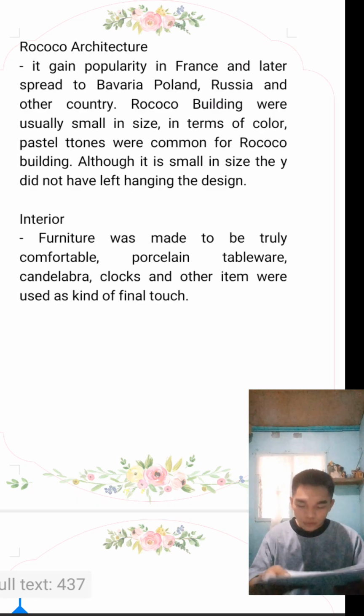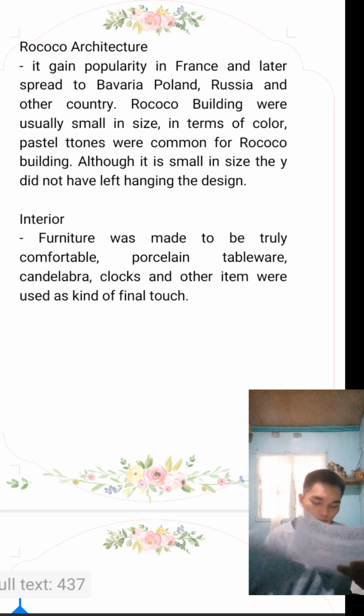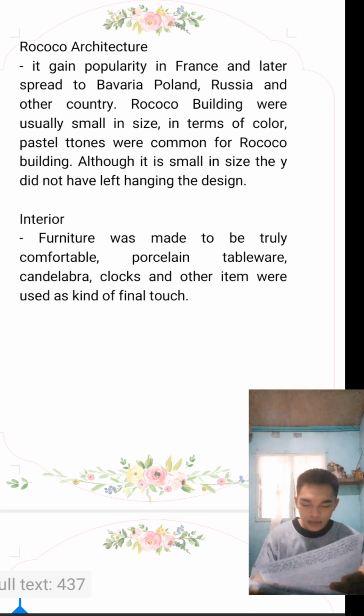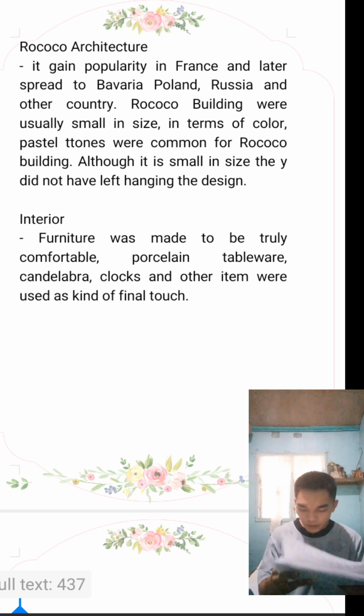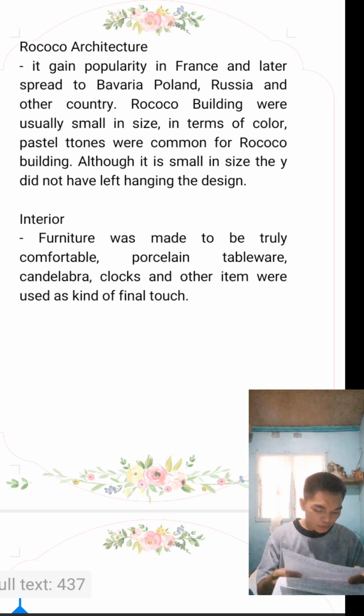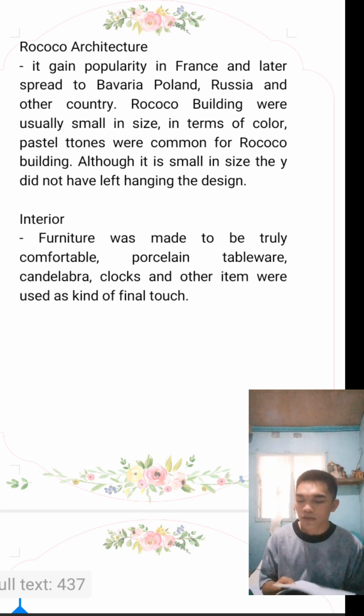So moving on to the Rococo architecture, it gained popularity in France and later spread to Bavaria, Poland, Russia, and other countries. Rococo buildings were usually small in size, and in terms of color, they used pastel tones for Rococo buildings. So, although it is small in size,